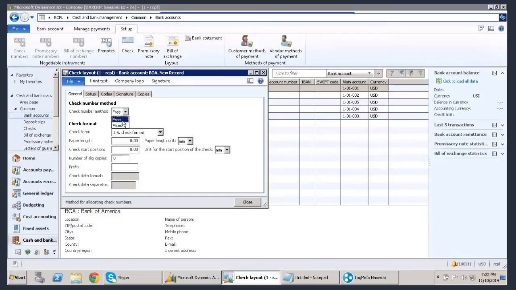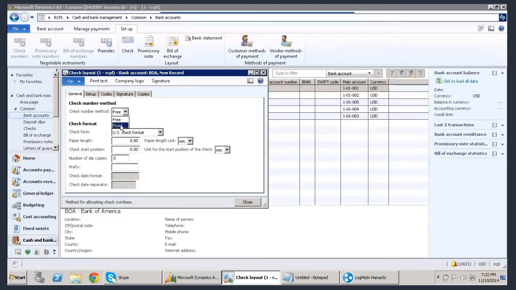Let me talk about this. For the benefit of Ivan, what you said is absolutely correct. Let me discuss for the benefit of others also. Free check and fixed check: what is this free check and fixed check? In real-time business scenarios, one of the reasons you have this free check and fixed check is what Ivan has said. There are certain other business reasons why people use this. First, let me explain why it is used, and later I will talk about how this is going to have its impact.